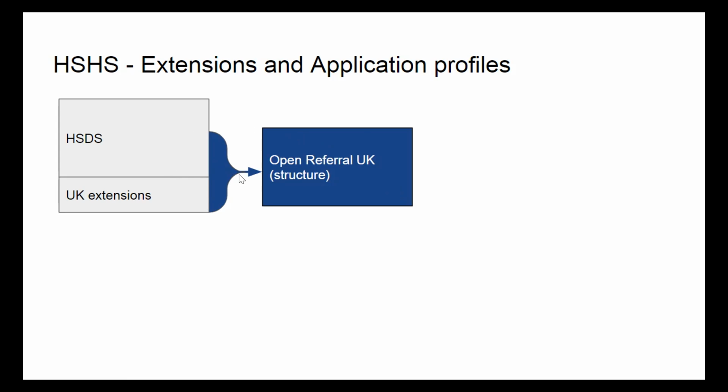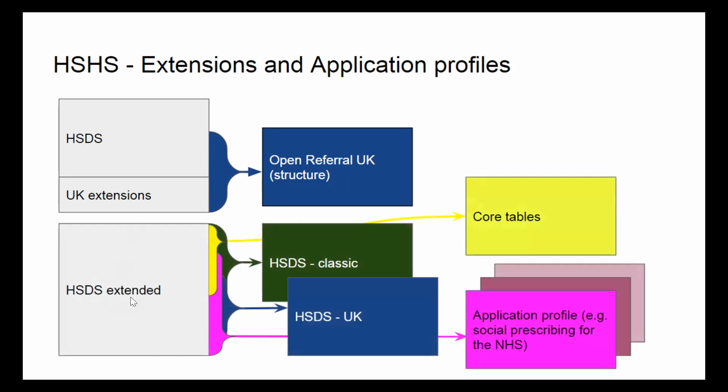And we've got a machine-driven way of doing what's in that arrow, of going from this to that application profile. And I think our vision, and keen on your approval or otherwise of this, is that HSDS is extended with those parts of the UK extensions which have proved useful. And actually HSDS version 2 already adds quite a lot of those. So we've got one big HSDS, and we then take different application profiles on that for different scenarios.